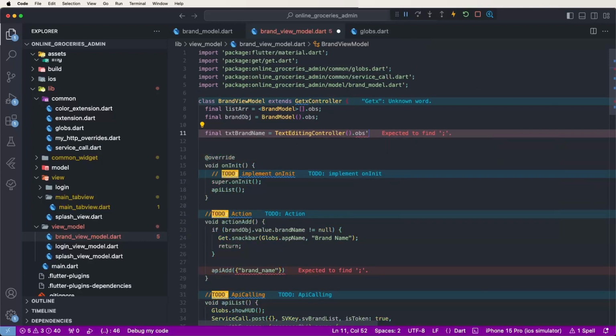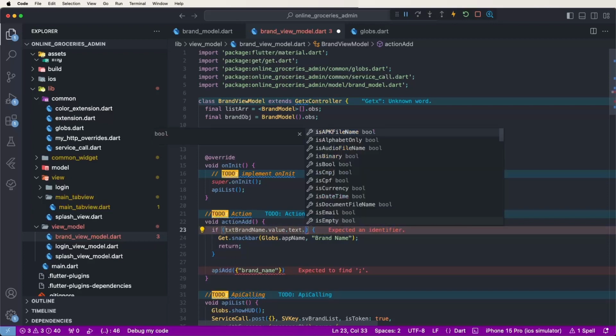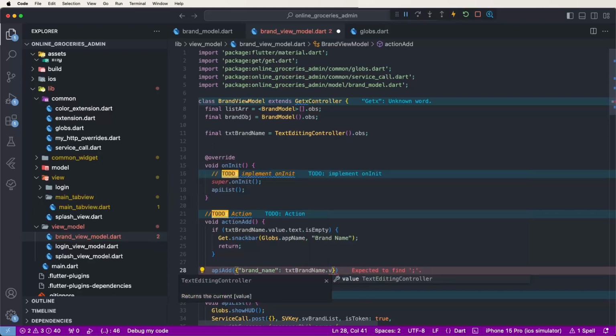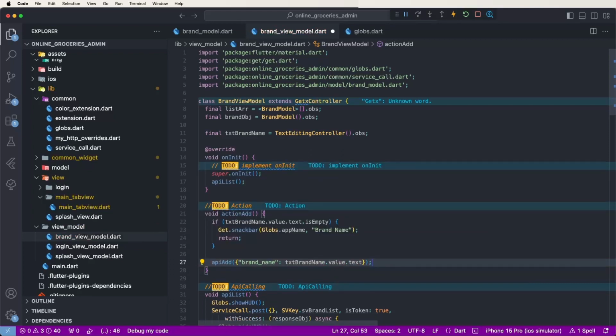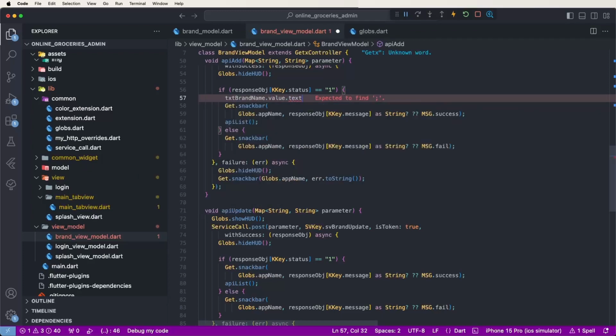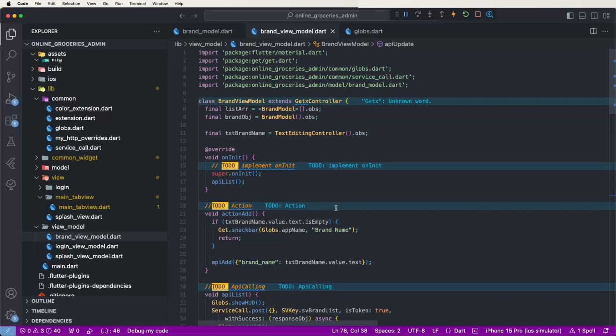Controllers, change here is empty, like this sets, and pass the value txtBrandName dot value dot text, like this sets here, and call the API for the new brand. Now need to set this value after the success. Need to clear the text value dot text, set blank, same as copy and paste here inside the update. Like this, view models are created here, and tomorrow we need to create the UI,